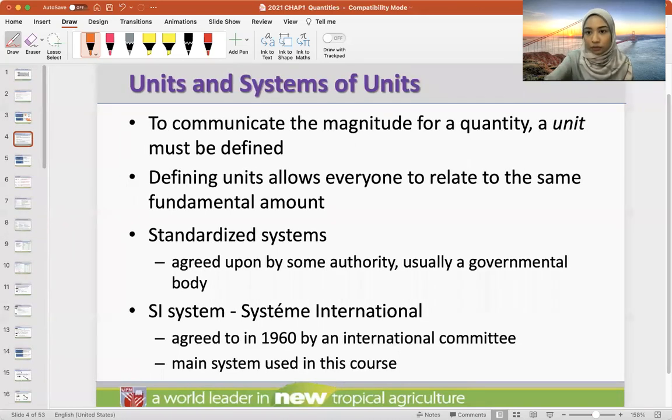Okay, so we have units and system of units. To communicate the magnitude of a quantity, a unit must be defined. For example,